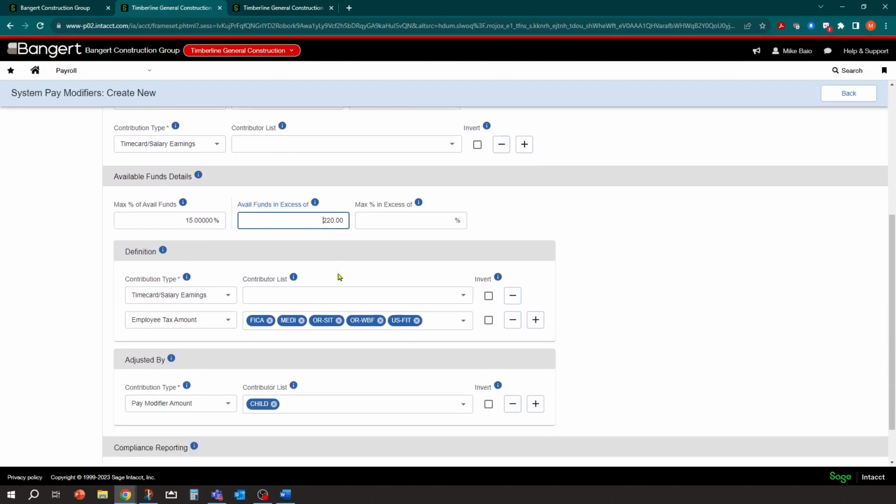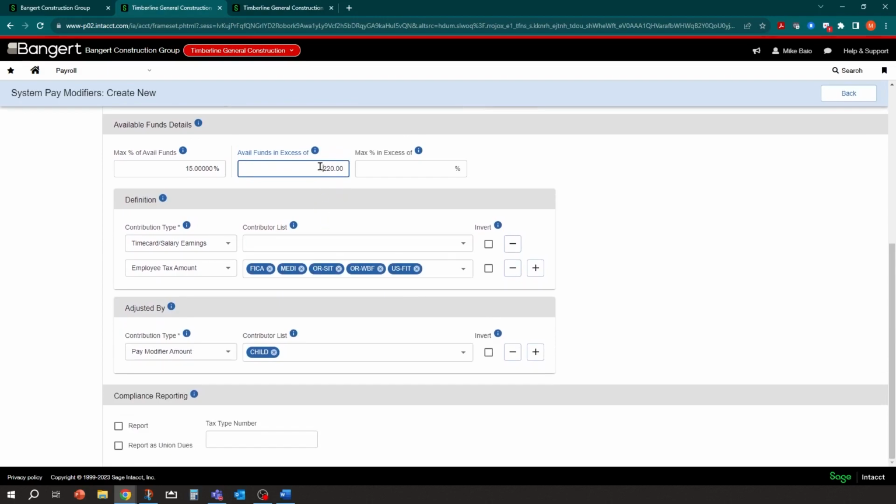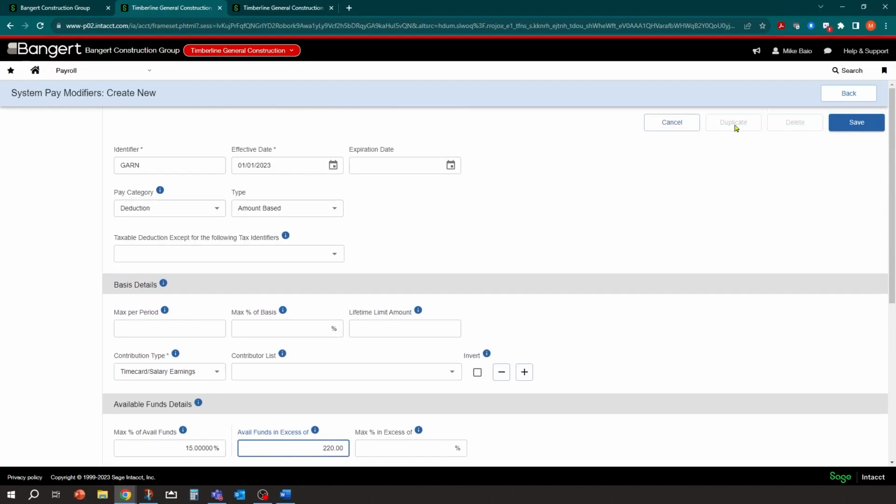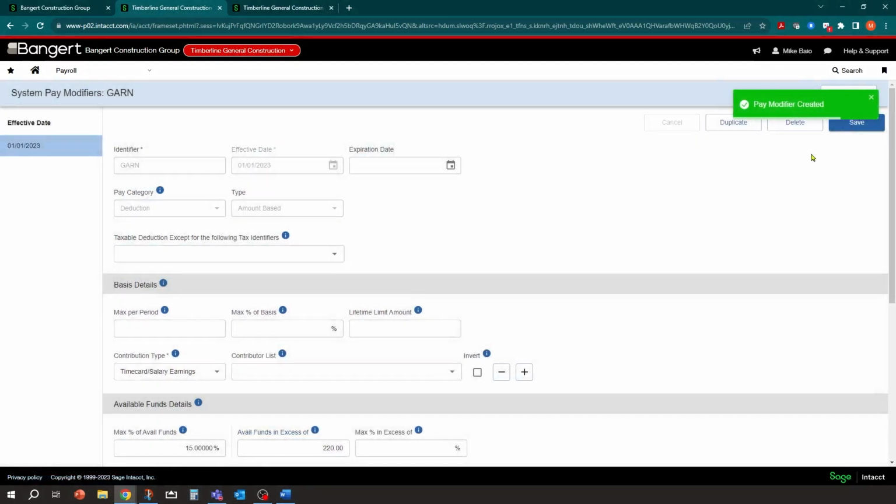Okay. So if it's 200 and, well, let's keep moving from there. So that's the setup there. So the setup is good. You can click save. And the pay modifier is created there as well.